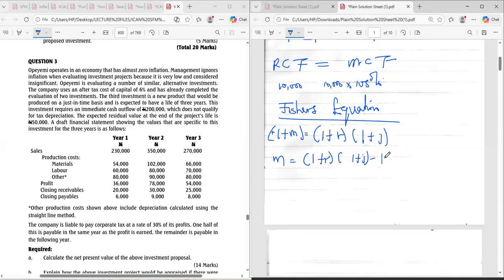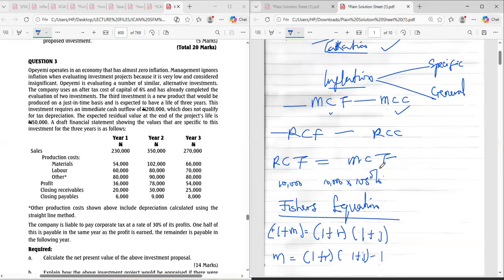All right. The next thing I want you to understand is that by default, and this is a golden rule, your question is usually in money. Money cash flow and money rates. That is by default. Except otherwise stated, except where ICAN says that this one is in real terms. But all things being equal, the figures given to you in your question are all money cash flows. The rates given to you in your question are all money rates, except otherwise stated. Any question on that, under inflation?